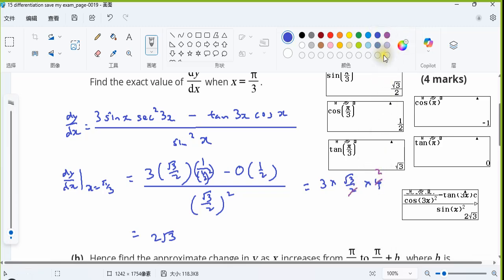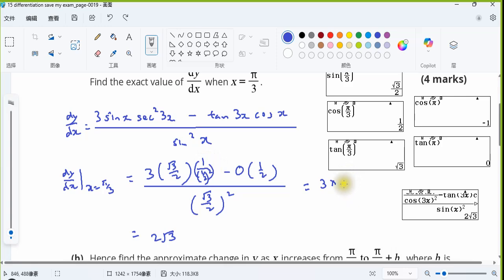2 square it will be 3 over 4. No, the 3 square root 3. So this is 4 half. Okay. This is half. Half square is half. Is 2. Multiply with 2. Oh, yes. Okay. So this is